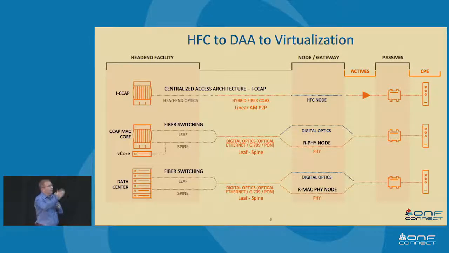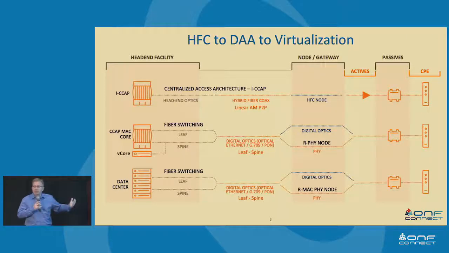And how that looks in a more high-level slide is, well, we talk a lot about central office re-architected as a data center. So we think this is a bit of the journey of the operator from that integrated CCAP chassis in linear transmission, going out to a node, and then eventually to your house, to introducing a leaf and spine digital transmission network that has a split approach of MAC processing up in the head end and remote PHY functionality that's deep into the network. But that's that stepping stone moment.